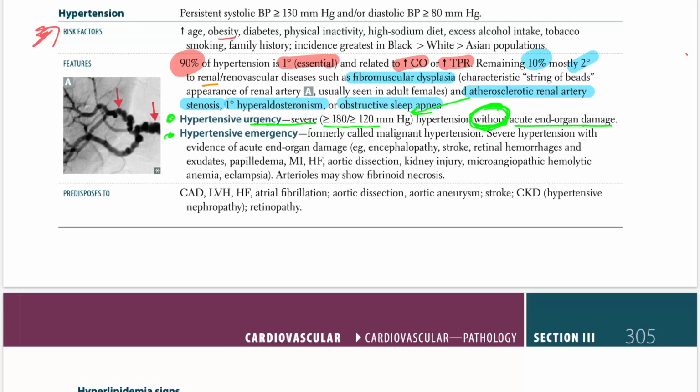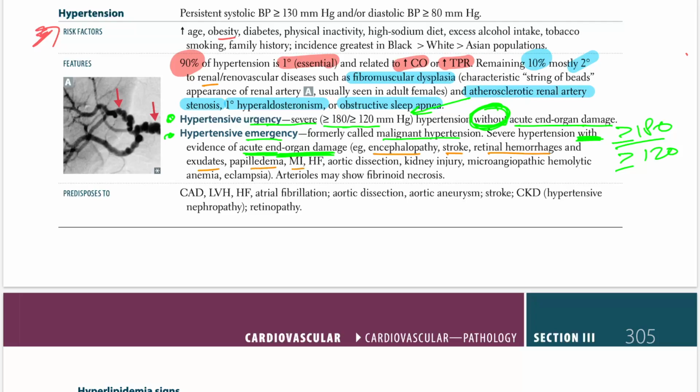But if you go into emergency, formerly called malignant hypertension, you have the same hypertension, greater than or equal to 180 by greater than or equal to 120, but on top of that, plus acute end organ damage. So what are the organs that can get damaged? For example, you can have encephalopathy, stroke, retinal hemorrhages, exudates, papilledema,